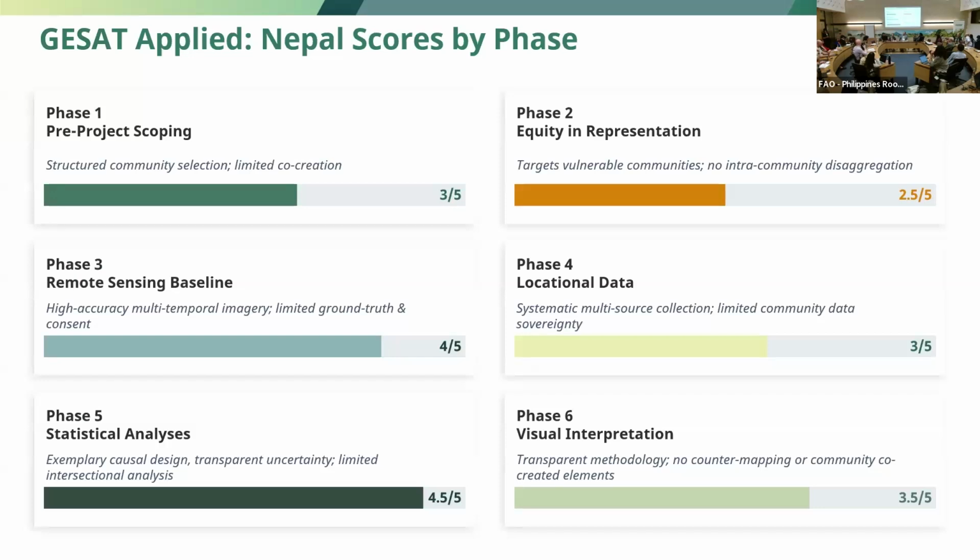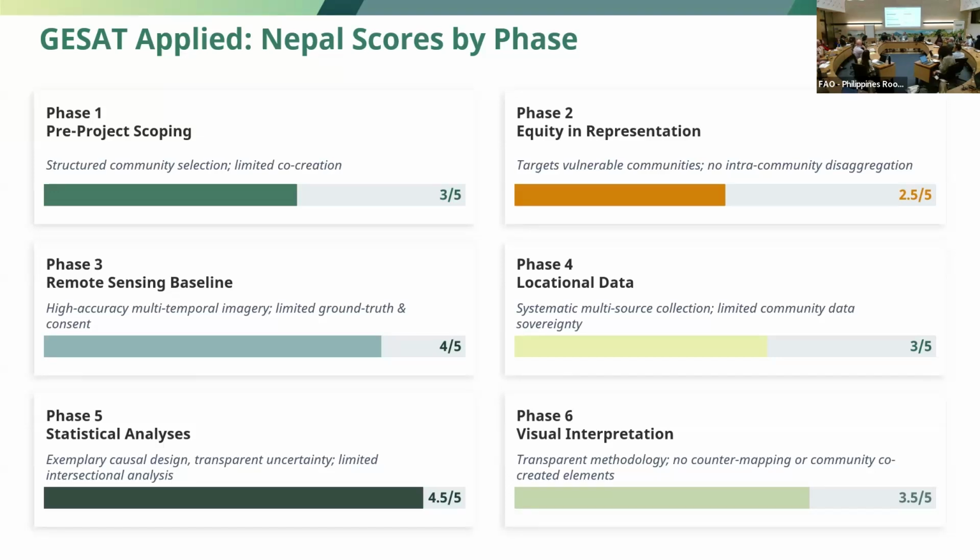So when we were running this case study after the fact through the rubric, we found that they performed a 3 out of 5, which is considered a structured ethical approach. So the communities were selected through a structured participatory scoring system. And prior to that, Mercy Corps relationships also allowed them access to certain stakeholders. However, communities did not co-create the evaluation. So a key action could have been to create a community advisory group, for example, in this process. It's not always viable. It's understandable. So this is actually a great score, even if it starts at 3.